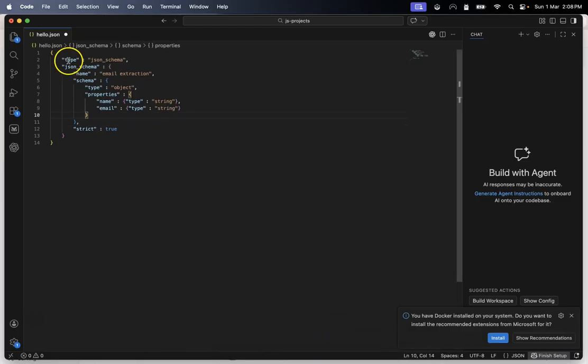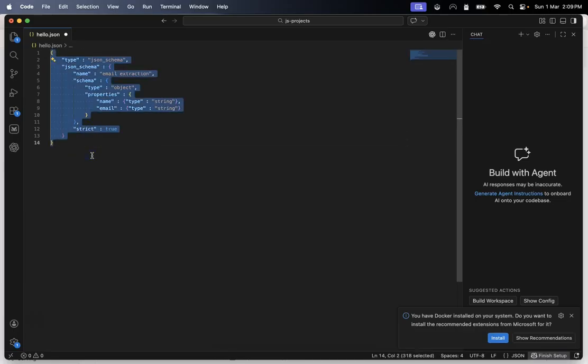If you see, the schema is of type JSON schema, and then we have a JSON schema key. Under it, we have three top-level keys: name, schema, and strict. Name is the name of the schema, and schema would be the traditional usual schema that you work with. It has properties, and you can also include required properties. Strict means it will try to strictly extract all the details mentioned here. We can also set it to false so that it tries to extract as many details as it can. Otherwise it would fail in the strict equals true case.